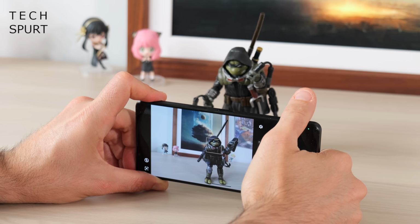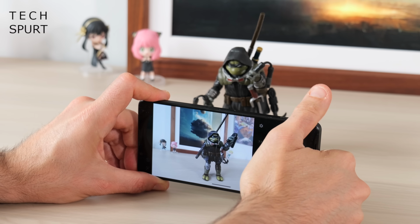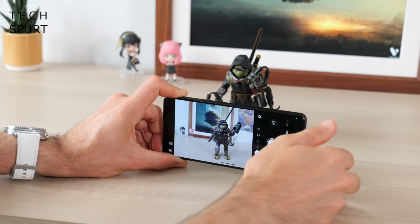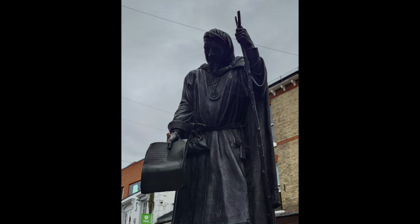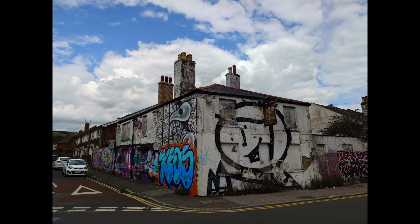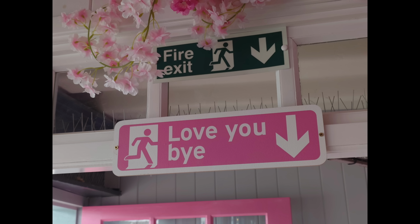And of course, yes, Sony has once again slapped its dedicated shutter button here on the edge of the Xperia 1 Mark 7, which is ideal when you are snapping away. Significantly better than what you'll find on that iPhone, just because of the beautiful positioning, nice and comfortable to use. And the Xperia 1 Mark 7 is certainly capable of pumping out great looking pics with effective depth and moody contrast. However, as usual, it's not as reliable on the full auto mode as some flagship rivals,